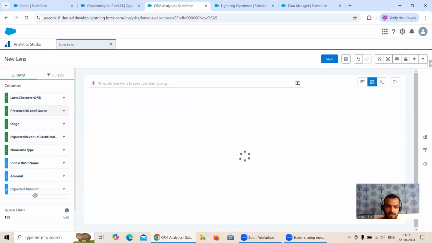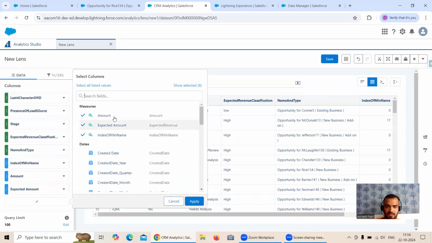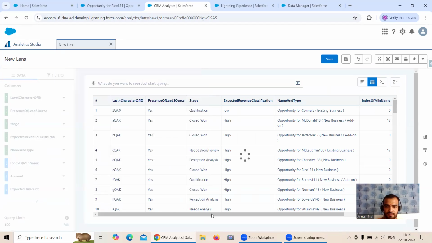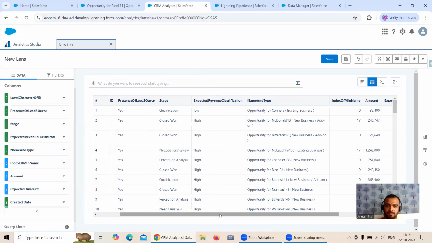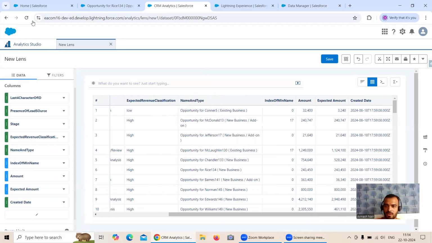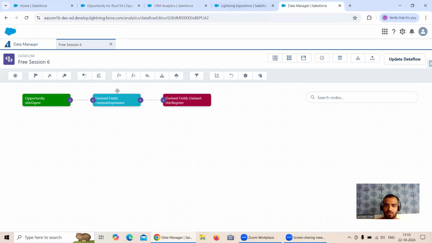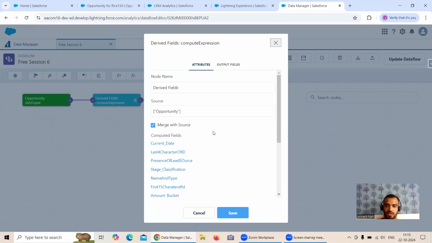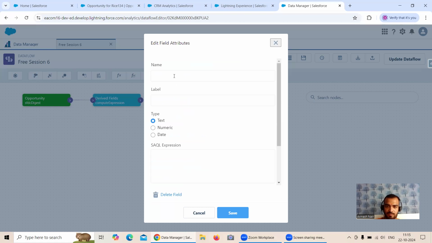and here if I bring in this field, which is the created date, you see in the created date it's showing me the created date as well as the timestamp, right? Because by default in Salesforce for the created date field we have the timestamp. Now let's say I don't want to see the timestamp, so in that case what I can do is I will write one more derived field where I will just write created date